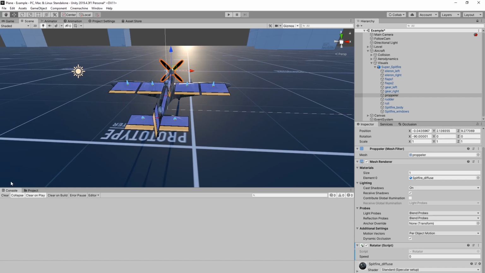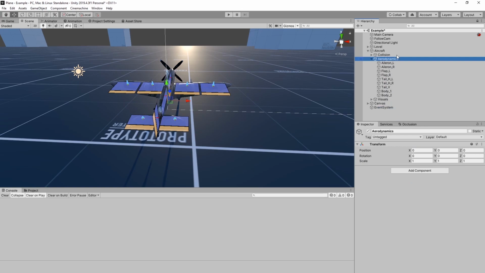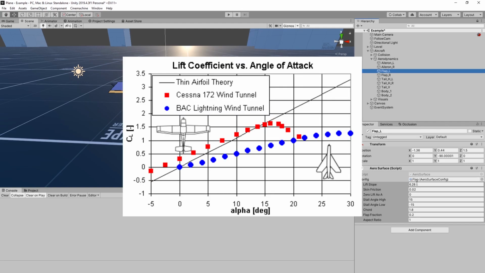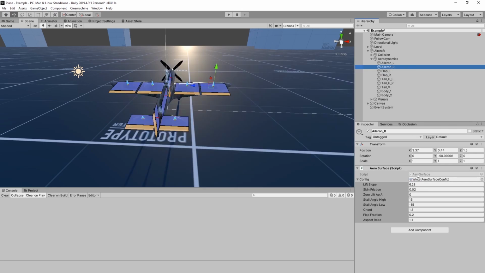A second part is the lift slope. If we take a look at aerodynamics and look at any of these surfaces, the lift slope is always going to be 6.28, and that's a calculated value from, I believe, the thin airfoil theory. And basically most surfaces will have this type of lift slope, and that just means based on the angle of attack, how much lift it is producing. And this is all well and good, but if we go into aero surface right here,